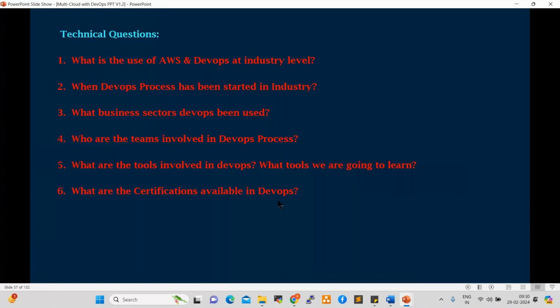For example, four people attended the interview, but only two positions are there. So four people were shortlisted for two positions. What will the interviewer do? They check extra qualifications, any certifications, and then they give the offer. That is an added advantage. If you want to write certification, I'll guide you on how to write it. If you need any support, I definitely provide support to clear the exam.